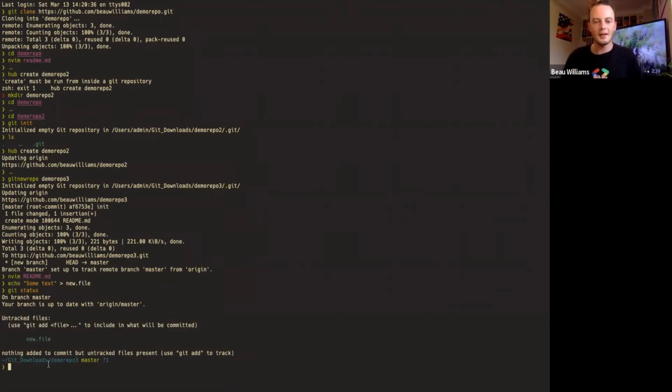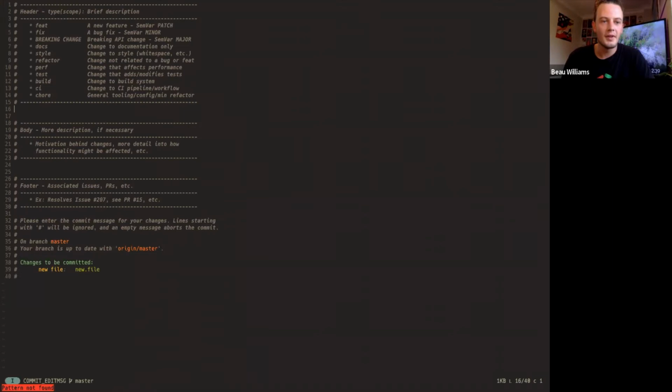So how do we add it? Well, there we are. It actually tells us right there. So what we can do is go git add new.file. And now we can see there's this plus icon here, +1. So that's saying that we've added one file to the staging area that is to be committed later. So from there, we can then do git commit. And this is a very basic workflow here. When you're starting out, this is totally how you want to go about doing it.